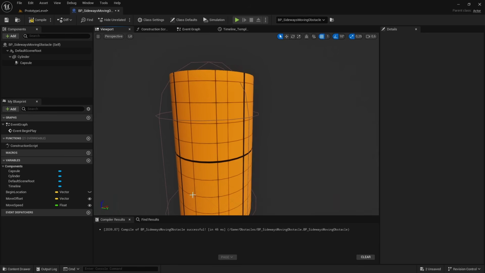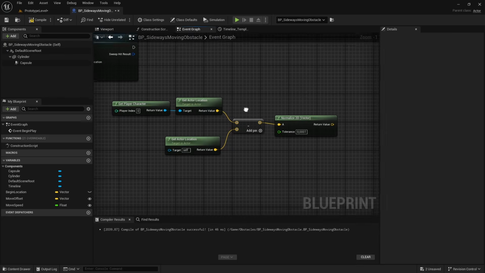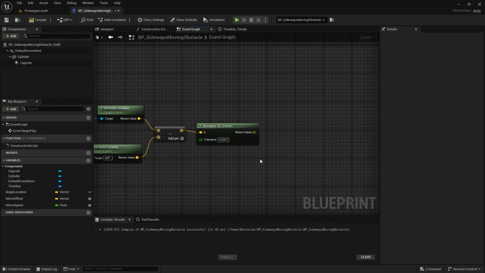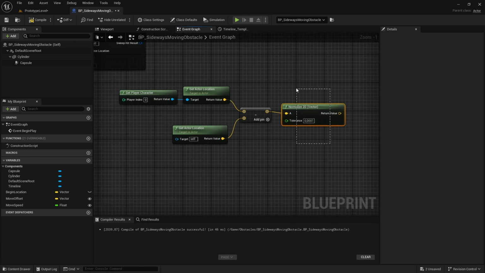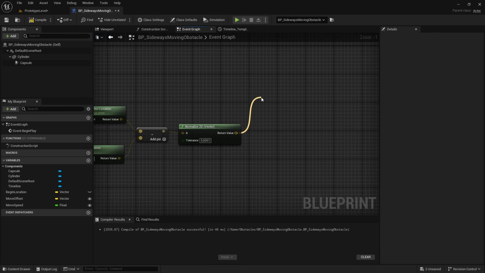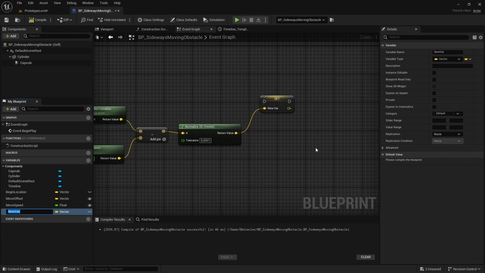We'll just have this collision detection. The only thing we care is where is the player standing as opposed to the obstacle. So that's why we're using the normalized 2D. If you don't do this, you get like a really big vector value because it also takes into account the length, like how far the player is from the obstacle. We're gonna make this a variable called movement